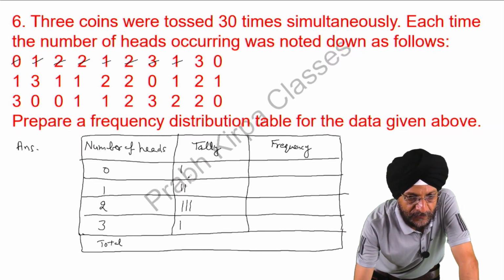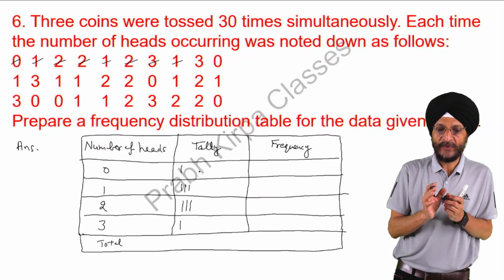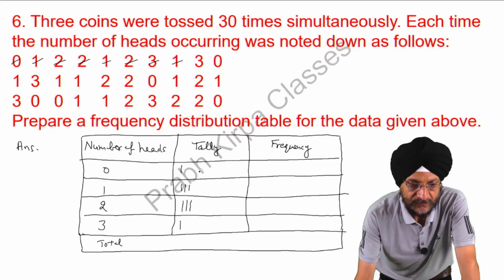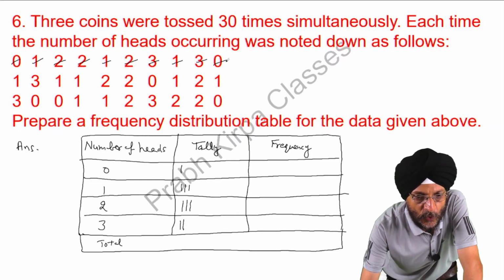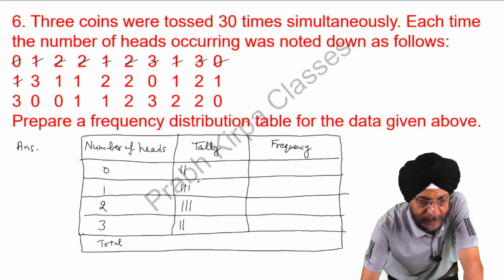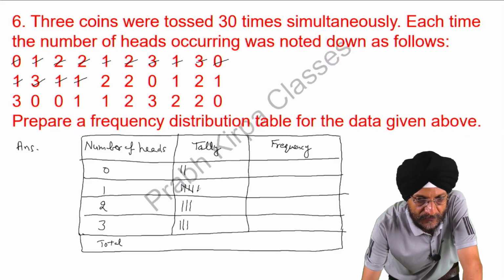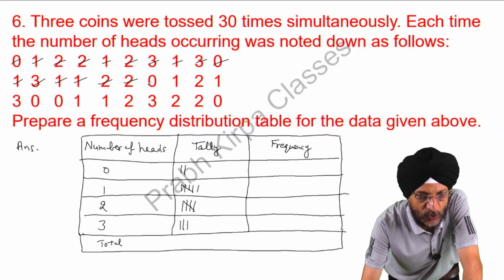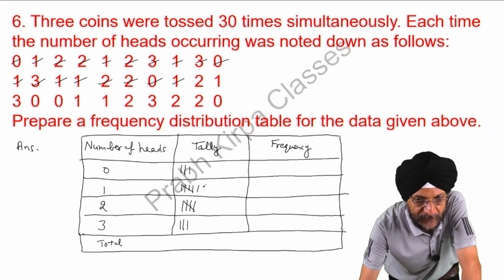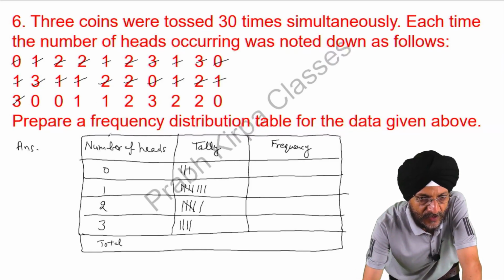1. Here we are counting the number of times the number of heads occurred. 3, 0, 1, 3, 1, 1, 2, again 2, 0, 1, 2, 1, 3, 0,